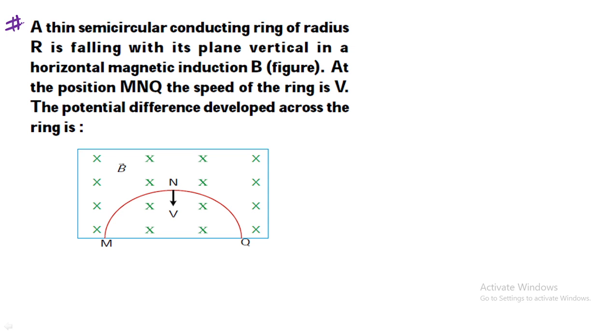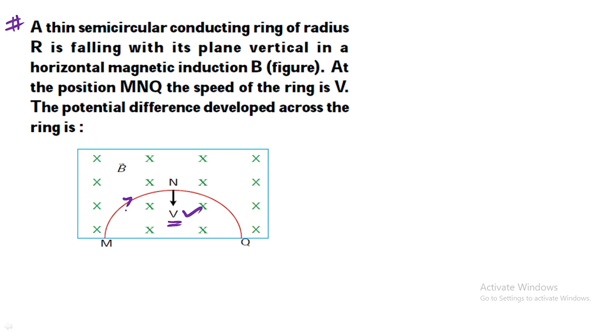Now the ring is going through this. Which direction will the velocity be, buddy? V is in the downward direction. Am I correct? So motion is in the downward direction. Magnetic field is in which direction? Inside. Yes or no? So the finger, this one, left side it is showing, right? Am I correct? Like this only, no?